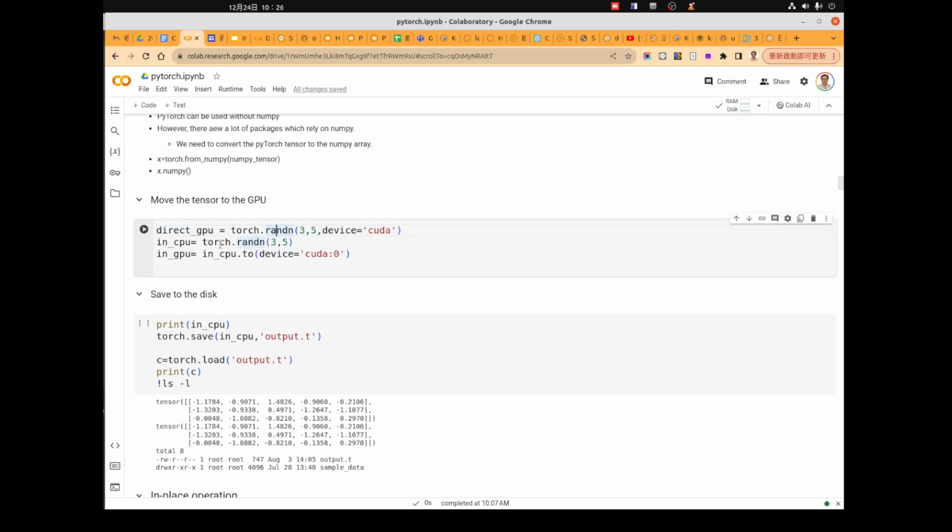Typically, we won't do this, especially if you want to ensure that your program can run on either CPU or GPU. Typically, we will load the data on the CPU here, and then use the to function and specify device equal to something here.